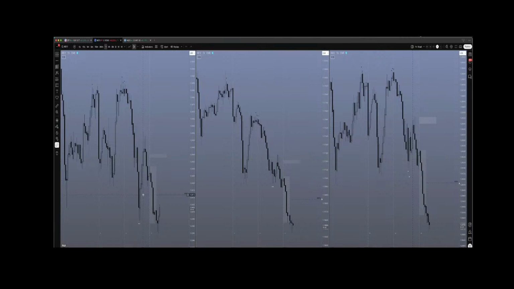If one asset taps into the level, remember, I want the old liquidity pool taken out and then a new liquidity pool generated. So one of the assets has to tap in first, and then we get the new liquidity pool taken. That means this range would have to tap up here. Are we going to get up here? I don't know, maybe not in this hour. I don't want to see the run of liquidity into it in the next candle, because that's not enough confluence for me.